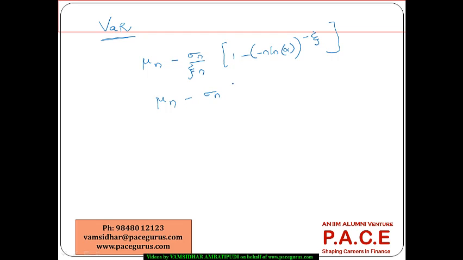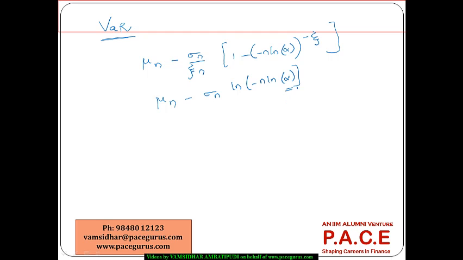Now from this, if I have to really compute the value at risk, the simple way for me to look at the value at risk is it comes out as mu n minus sigma n by zeta n times 1 minus of minus n log alpha to the power minus zeta. And in the other case, in the Gumbel case, it comes out as mu n minus sigma n log of minus n log alpha. Now, here alpha is the confidence, VaR confidence level, which is associated with the threshold,